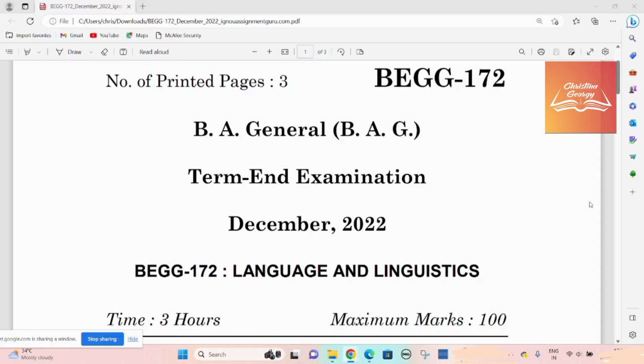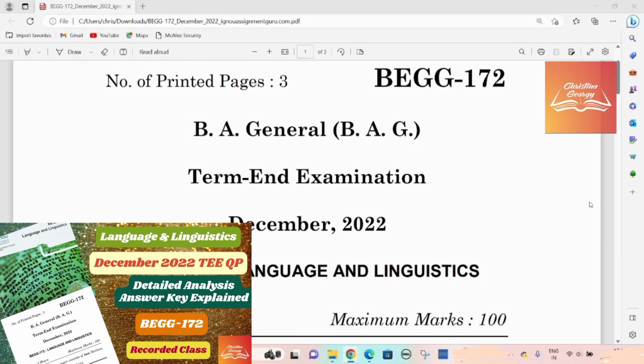Alright? Yes. So you should be having the idea that this is a 100 marks paper. Very often students get confused regarding the mark weightage of this particular paper, because the other paper on English, that is the communication skills paper, is for 50 marks. We'll discuss this question pattern and previous questions of BEGG-172 in our next session. Now, as this is a 100 marks paper, you have around 3 hours to complete this paper.